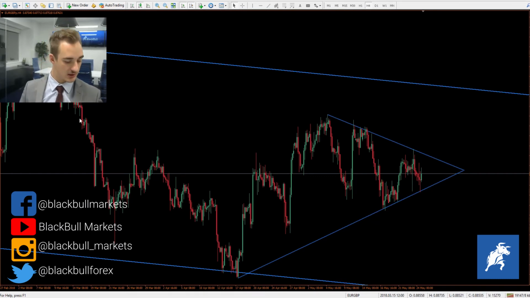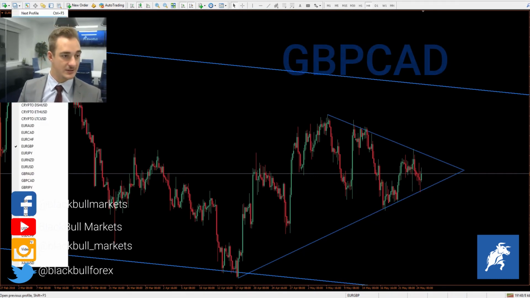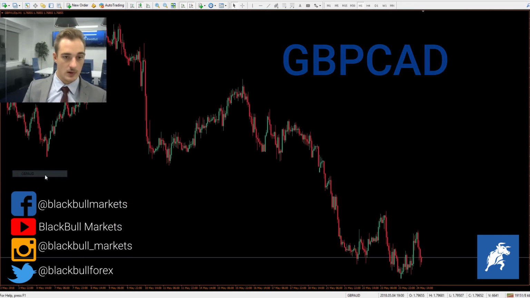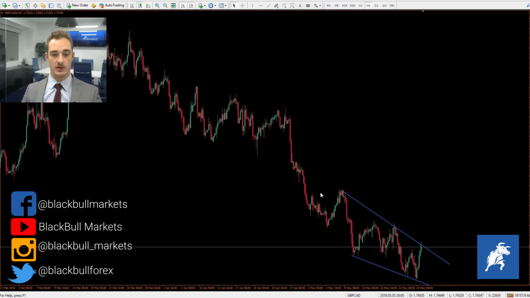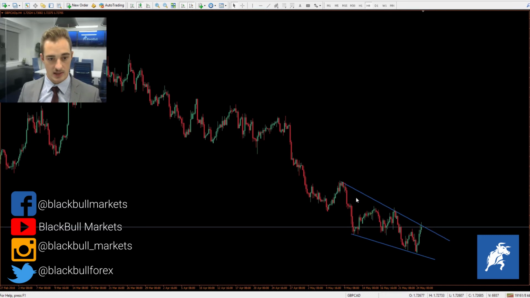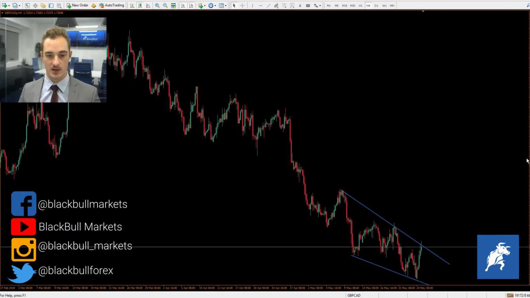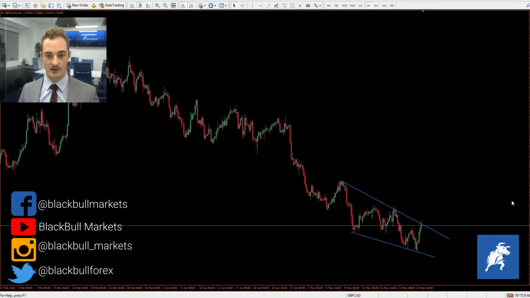The next one is going to be the GBPCAD. Sorry, GBPCAD, there we go. So this one has actually formed a pennant. If you look very carefully, you can see almost a downwards consolidation following in a channel, but you can see it's slightly moving into a pennant shape or a wedge shape. So you can see breaks to the top side or to the bottom side is valid for